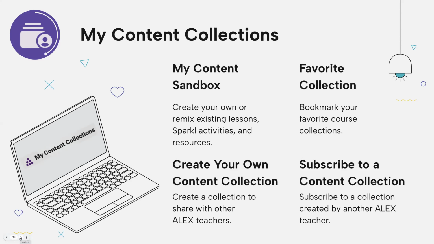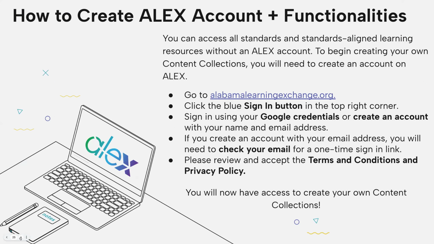So in order to access all of this, you do need to create an Alex account. So we are going to ask that everyone attempts to do this today, and I'm going to go through the instructions. And of course, we also want to be here to troubleshoot any issues that you might have in creating an account and get those straightened out before you leave today. So I'm going to go through the directions first, then I'll actually go to the website and demo how all of it works.